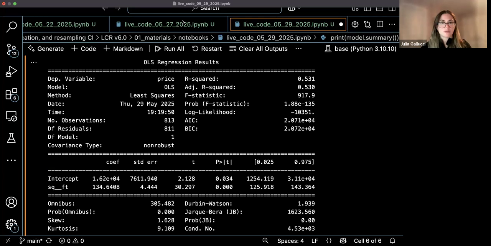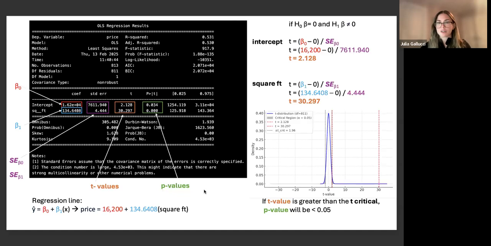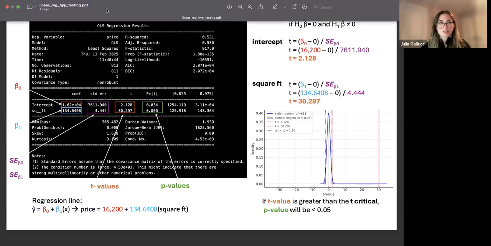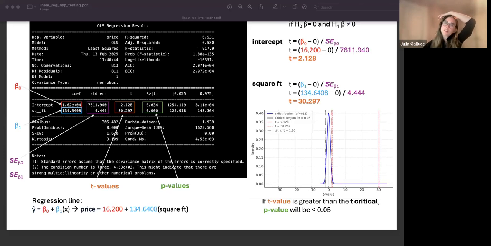Oh, no. You guys can see my screen now, right? Yeah, okay, perfect. Okay, so this is what the model output looks like when we write print and then the